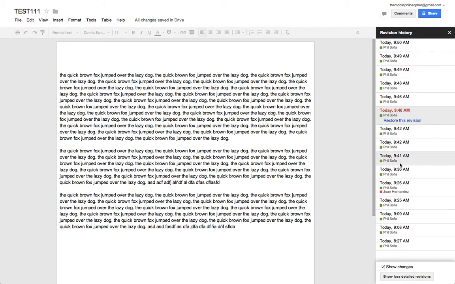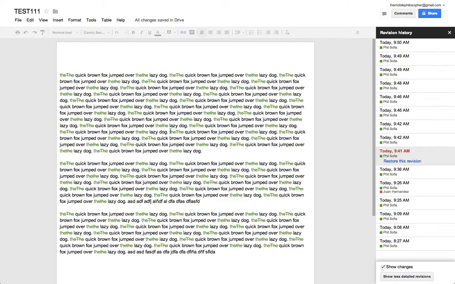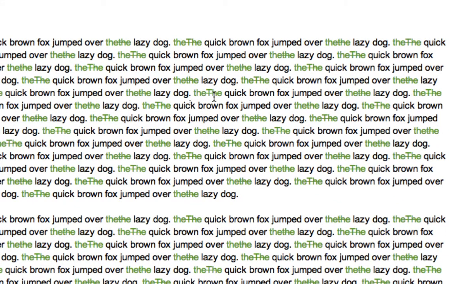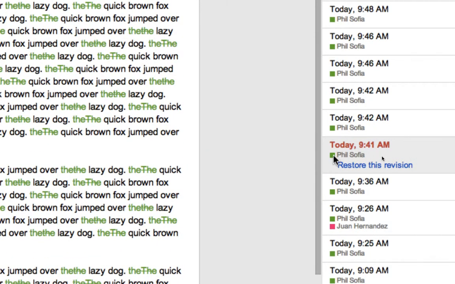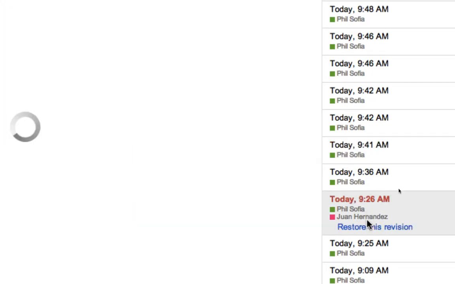Now, sometimes you're not going to see any serious revisions, which is fine. But here, for example, we made a big change. We took out all of the capital thes and switched them with lowercase thes. And it will tell me exactly what happened and at the hour that it happened. As you can see, that Philosophia here is in green, and that means the corrections that this person did will be in green. Whereas if I go down here,